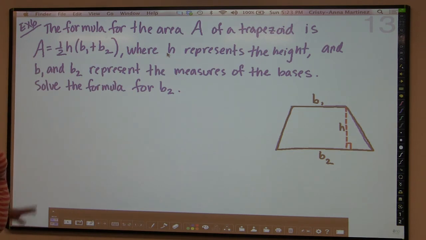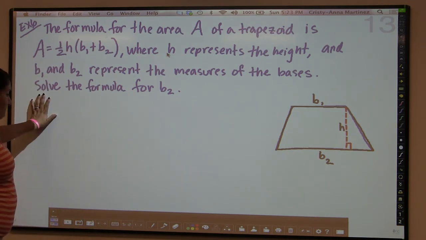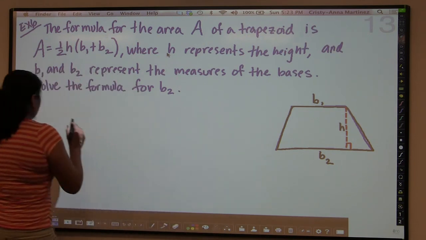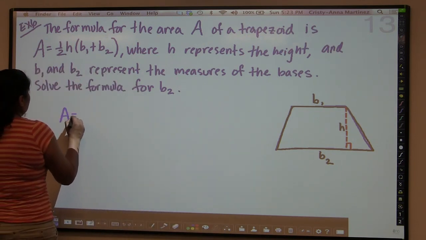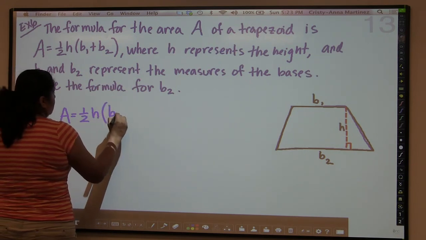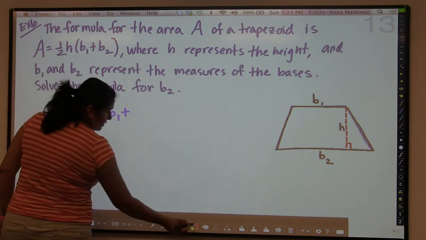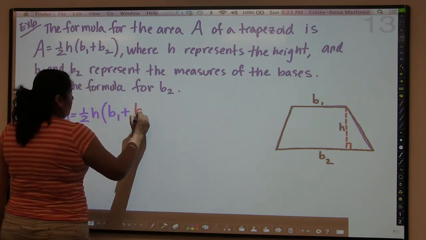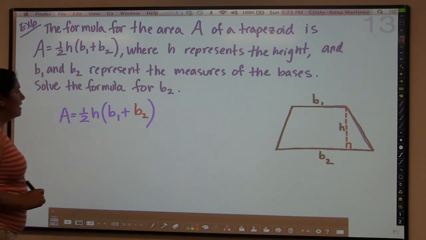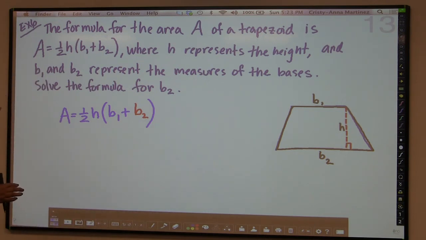But what it's asking us to solve the formula for B2. And this is actually what caused people some problems. So I'm going to rewrite this formula with the exception that I am going to put the variable in question in red. Okay? So the reason why this freaks some people out is because you don't have a lot of